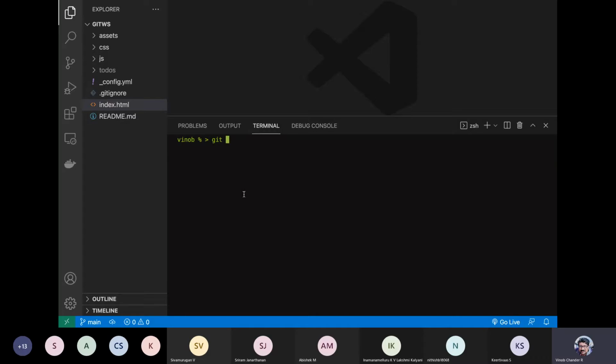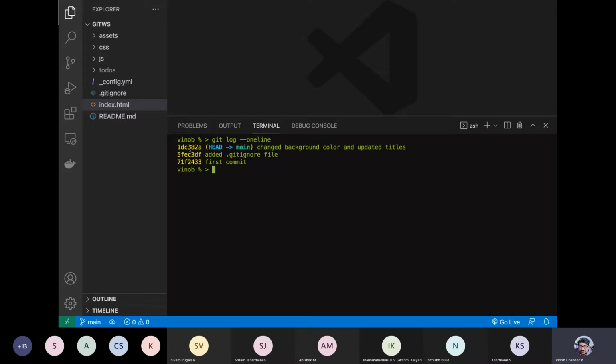Now let me say git. How do you see the commits, guys? Git log, and if you want to see it in one line, what do you say? Git log --oneline, right? So as you can see here, you have your commits.